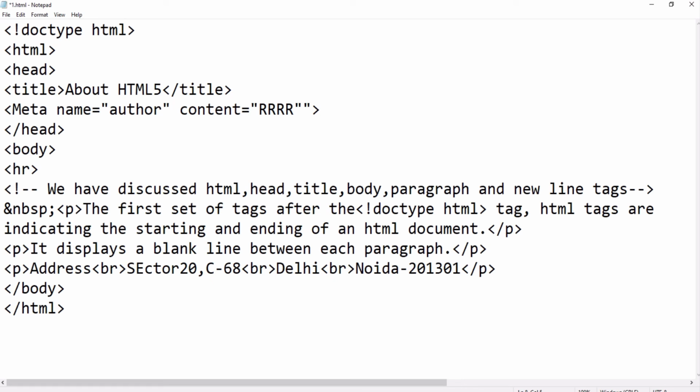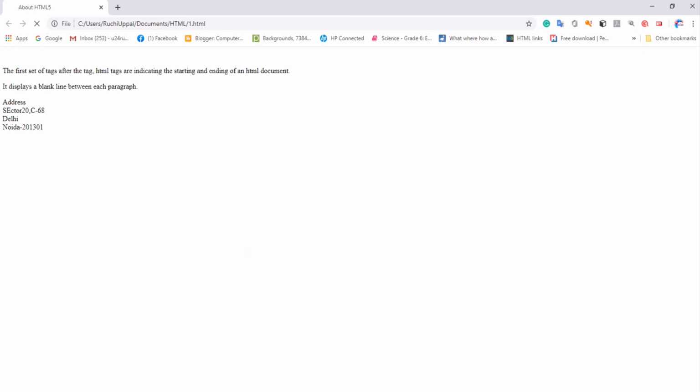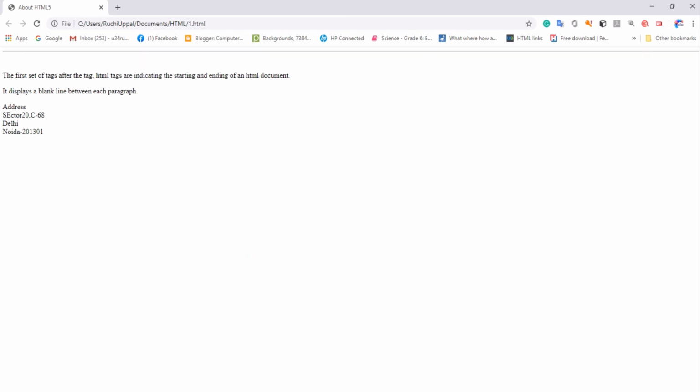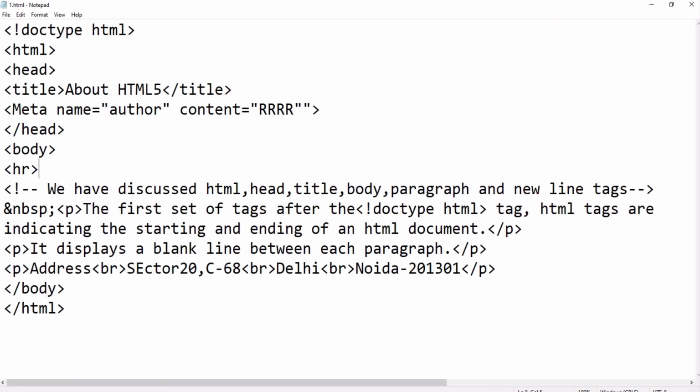Clear? Let's see the change in the browser window. Refresh it, F5 key. You can see this gray line coming over here. This gray line is the horizontal rule. Now you can adjust the size, thickness and width of this horizontal rule. How to do this?